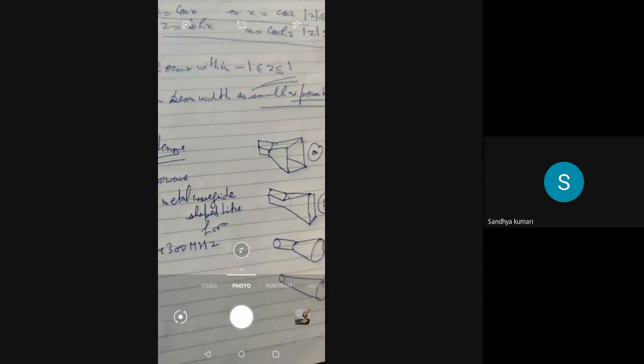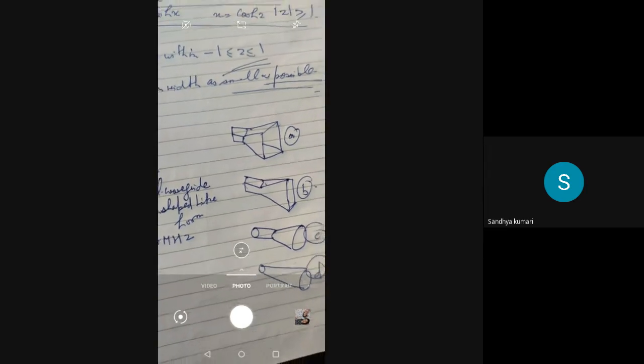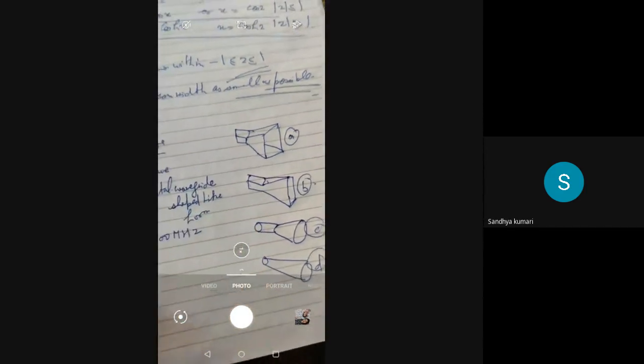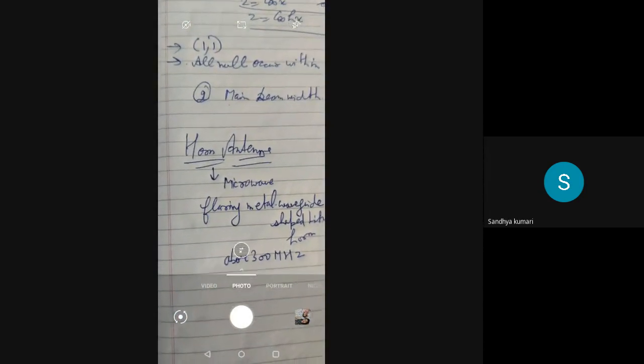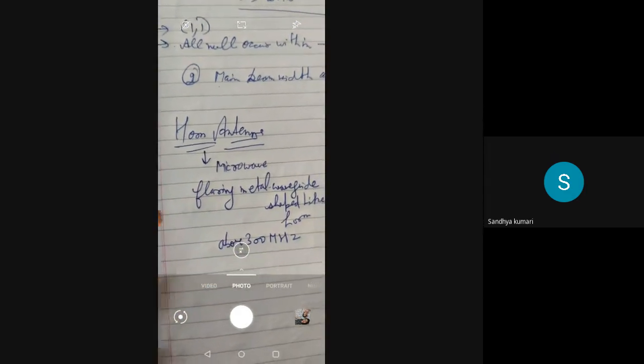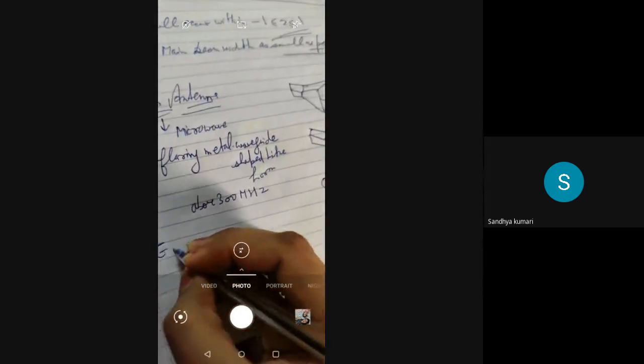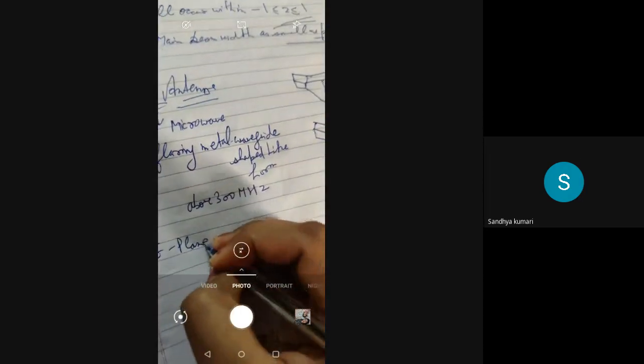It can be a pyramidal horn, or a sectoral horn. It can be an E plane horn or an H plane horn. It can be a conical horn. These are the different types of horn antennas, and they depend upon the direction of the electric field in the waveguide. When we say it is an E-plane horn,